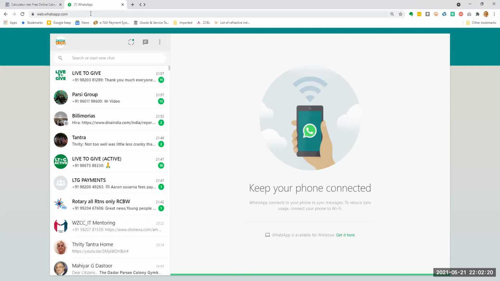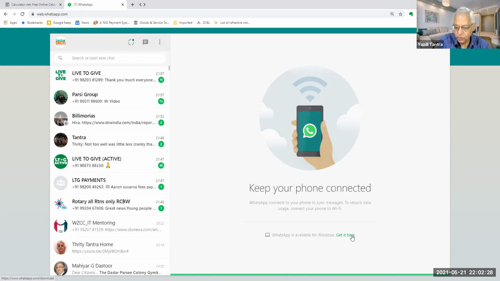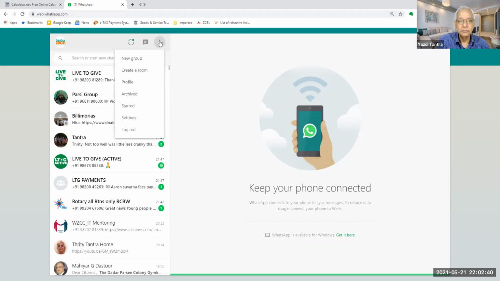One minute. Before we go to web, you can even download an app called WhatsApp, which is available for Windows. So you can download an app straight away. That is a separate app, but I don't want to get out of my browser, so I would prefer to go to web.whatsapp.com. Let me say log out.